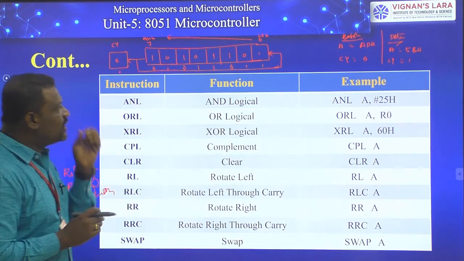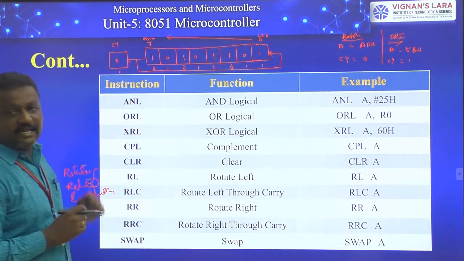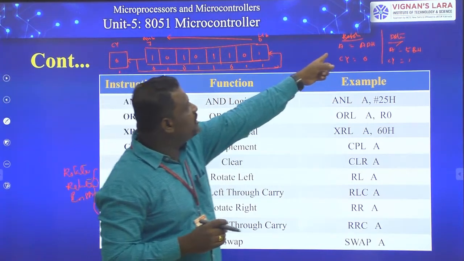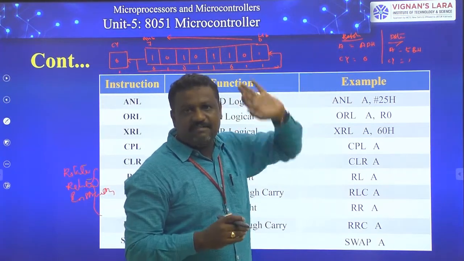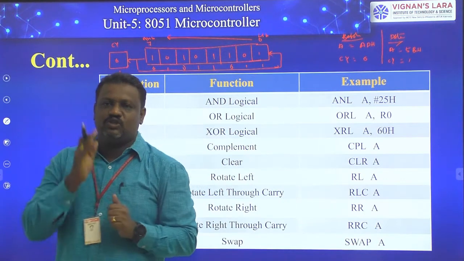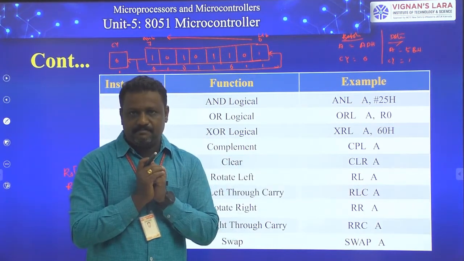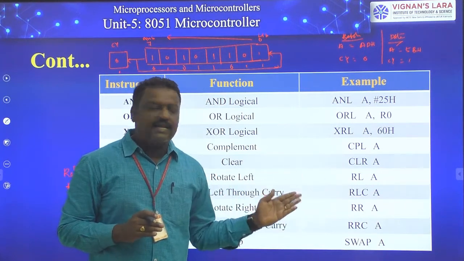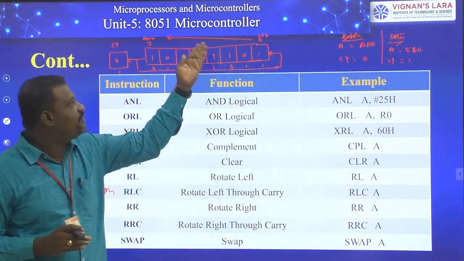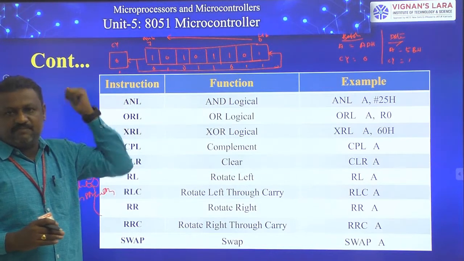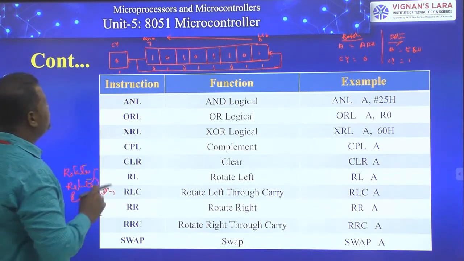So see here, friends, what happens. Again our structure is like this only. Again I assume accumulator value is ADH, and carry value was 0 before execution of my instruction RLC space A. Again it is a rotate left through carry, so the accumulator bits are moving from LSB side to MSB side, and only one difference here is